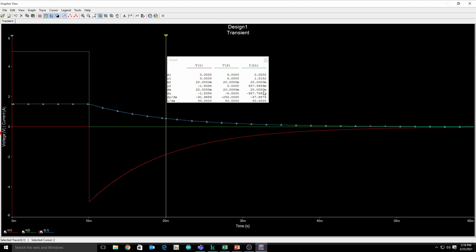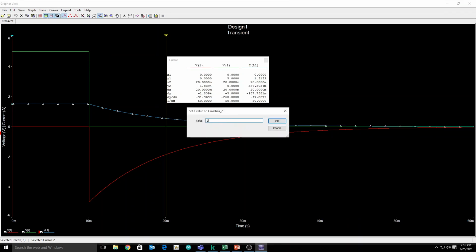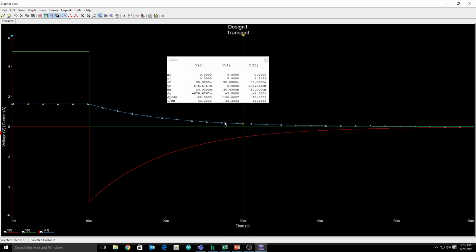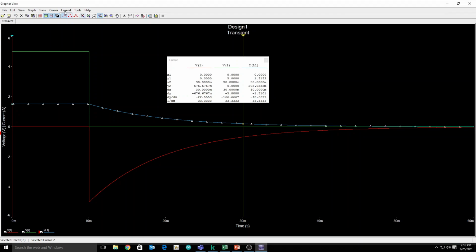This value is in milli, and the value I put there is in ampere. Now we check at 30 milli, which means 2 tau. At 2 tau the value is 205. Let's check it again, 206. Okay, it's good.